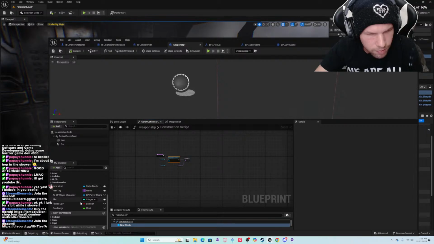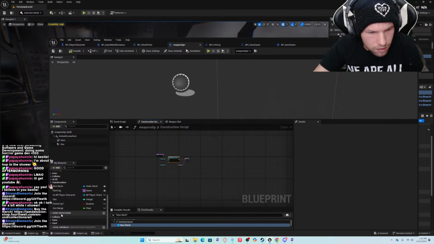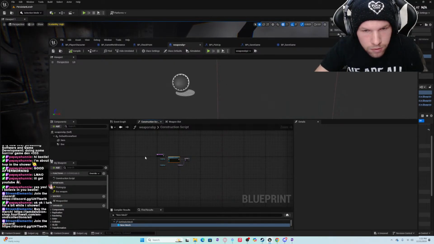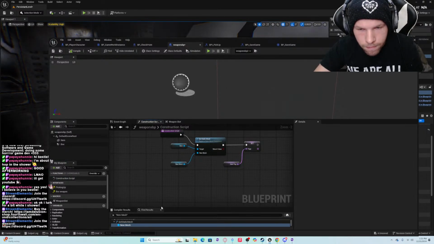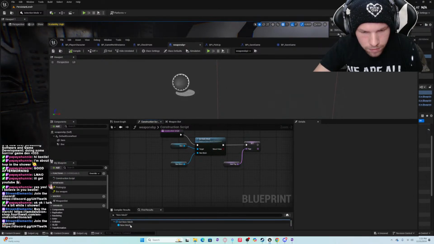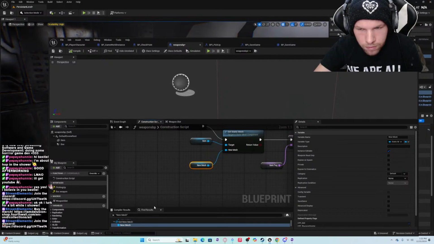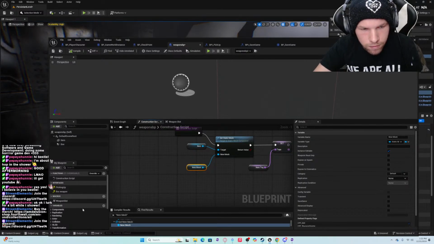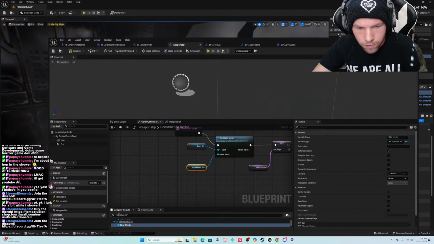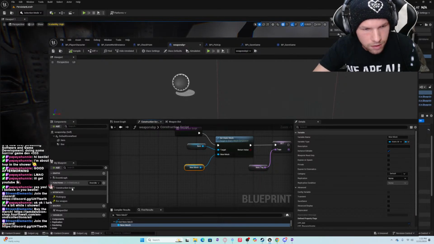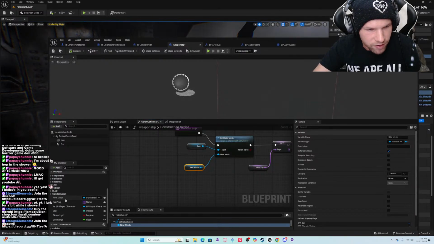What is happening here? Construction script. Okay. Okay, so we're getting this new mesh variable.